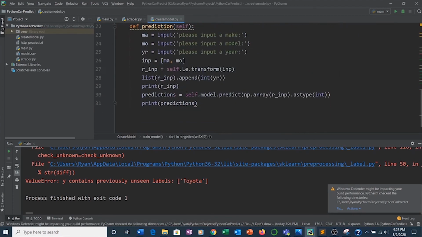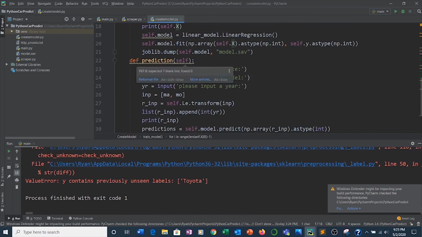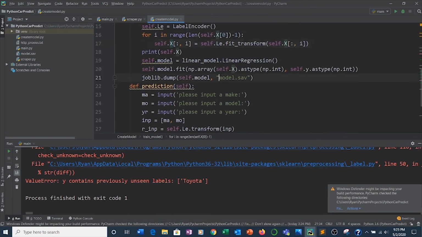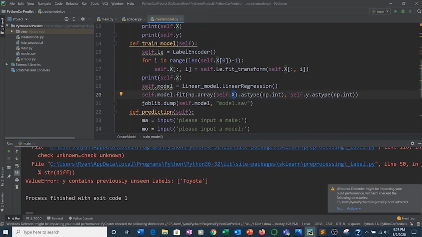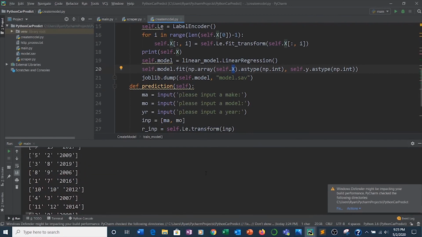If we're going to save the model here and use it in another program, we need to access the data as well to have the same label encoder. This way, a 1 here would be the same as a 1 in our other program. So we need the same label encoder, and to do that, let's just say